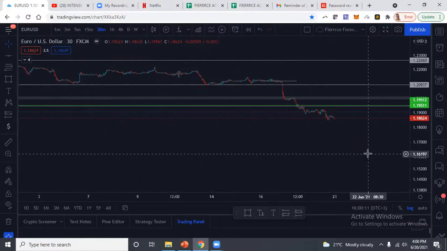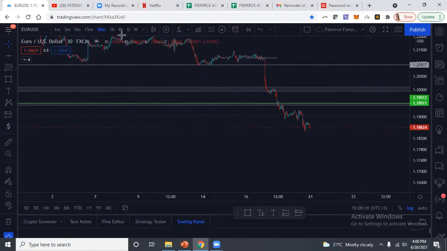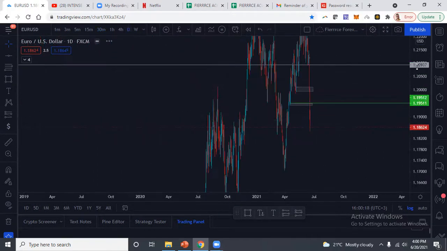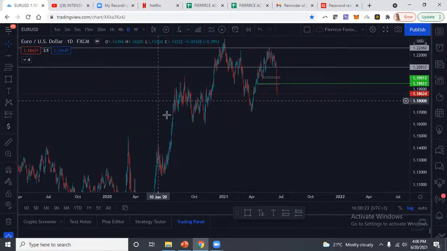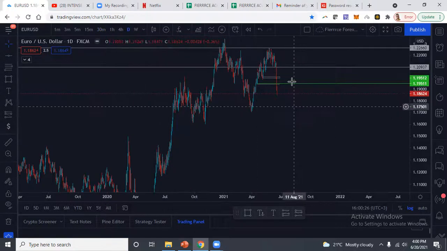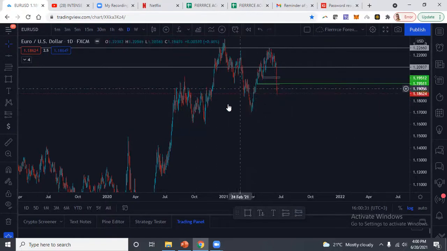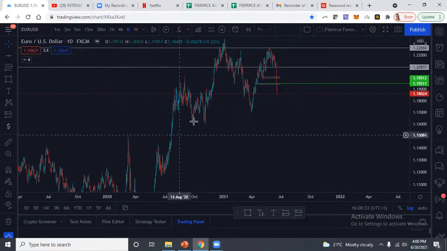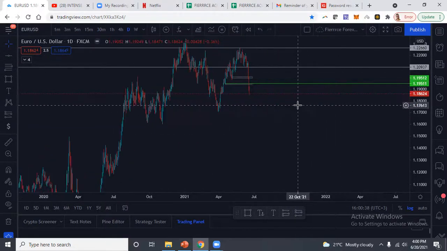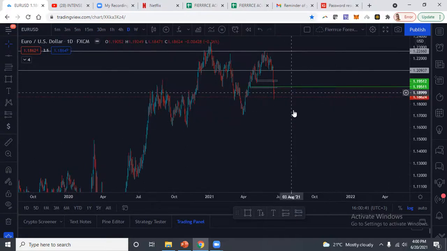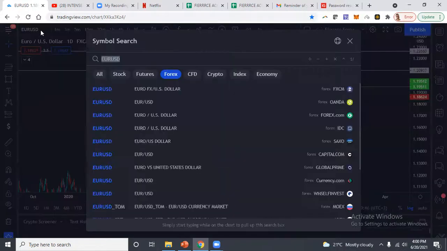Okay. But I'd like to see how this opens up. Eventually, if we look at it from this perspective, we pushed up, and our low here is still higher than the previous low, okay, and still higher than this previous low. So technically, we are still pushing to the upside on the longer time frame. But you may see short-term attempts to grab liquidity at the bottom and then continue to the upside. So that's Euro USD. Let's go back to gold.